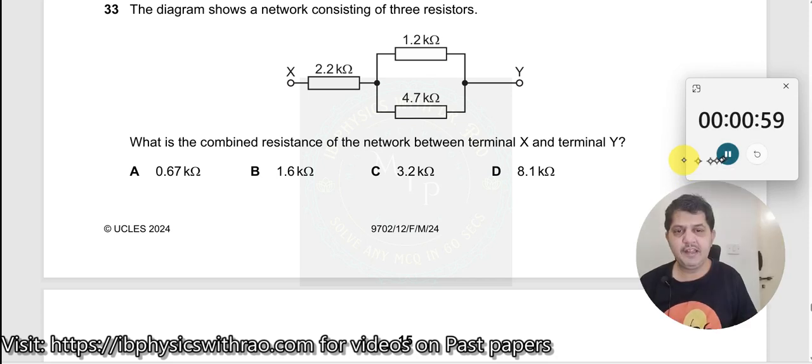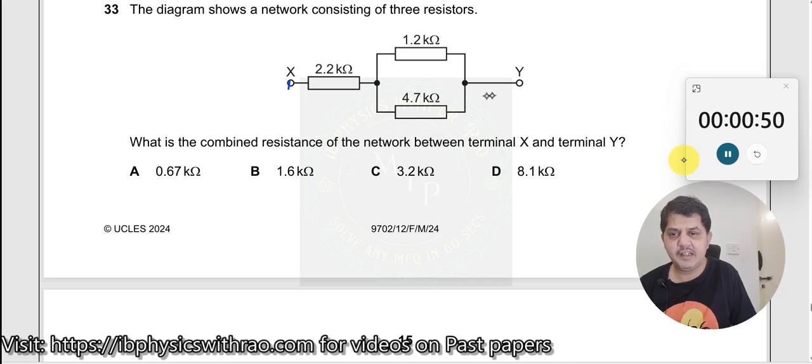Question number 33. The diagram shows a network consisting of three resistors: 2.2, 1.2, 4.7. What is the combined resistance of the network between terminal X and terminal Y? So what will happen is, when I take two resistors like this in parallel, definitely the effective resistance of this